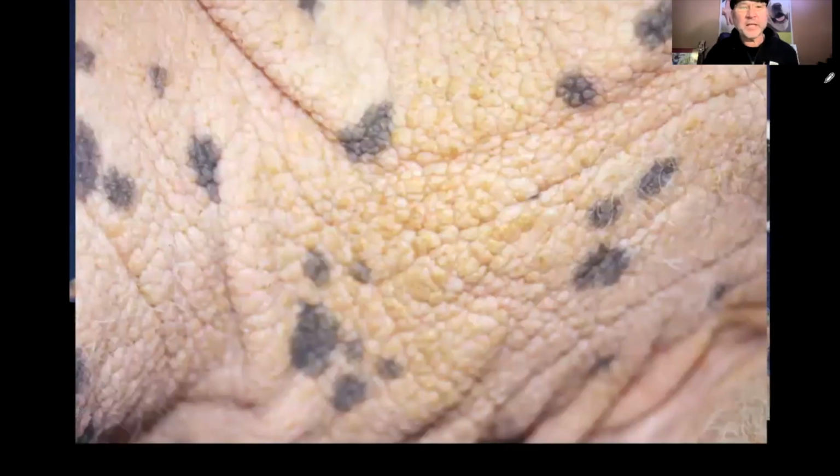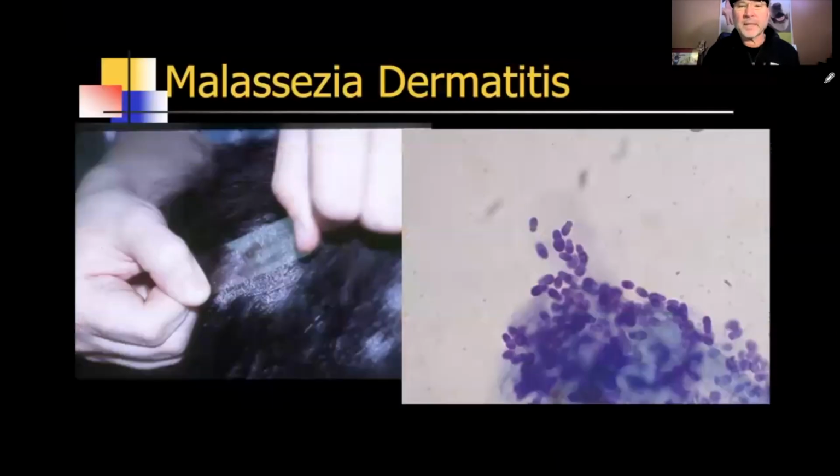Here's a close-up of the elephant skin lichenification, and this is pretty much pathognomonic for yeast. The way we find yeast is with skin cytology. That crystal clear tape prep works very nicely. It's easy to get in the armpits or in between the toes without worrying about causing laceration with the sharp edge of a slide. So you stick it down on the skin, collect any goo, and then you stain that with our Diff-Quik stain,